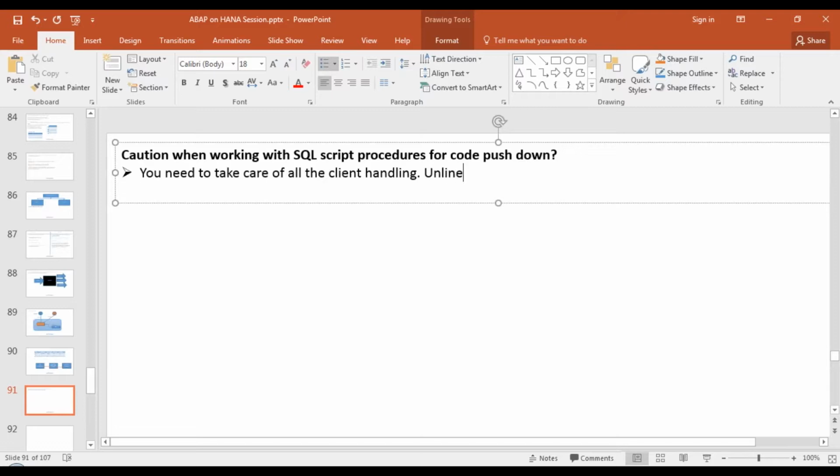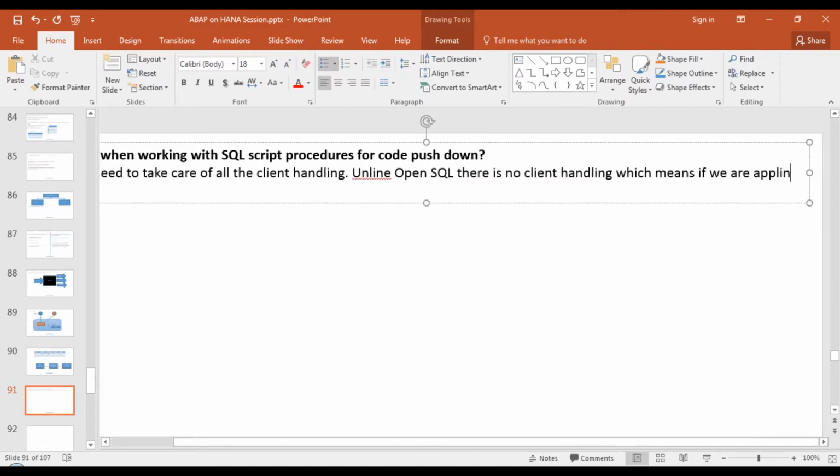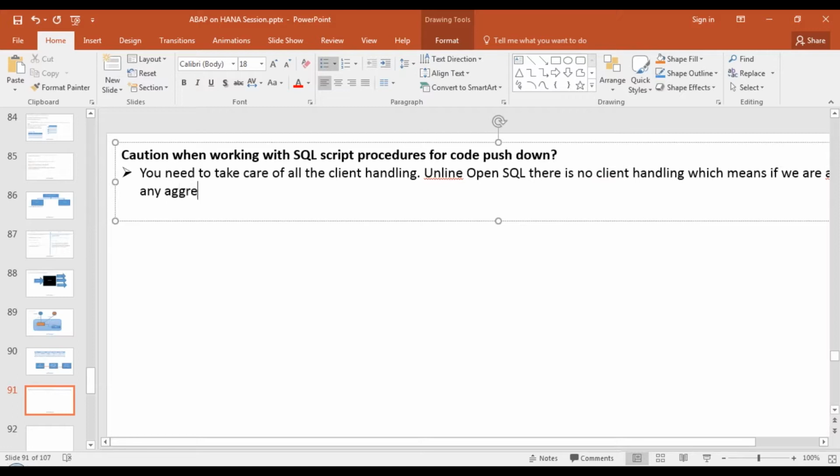So unlike OpenSQL, there is no client handling, which means if we are applying any aggregation on data, this is applied on all the data of all the clients.